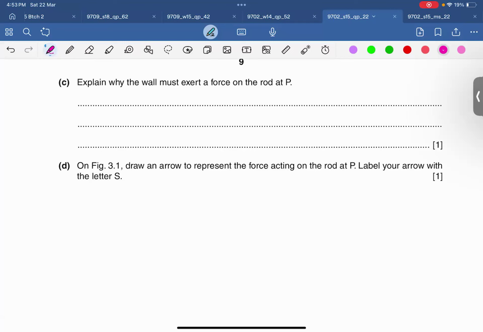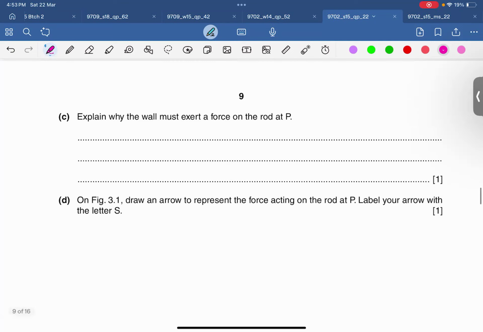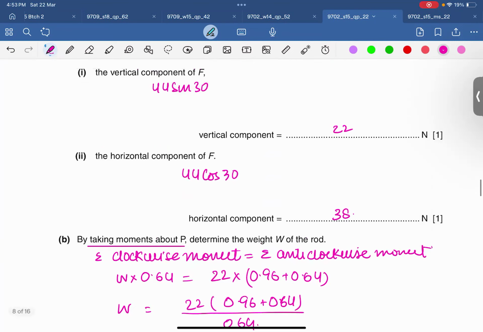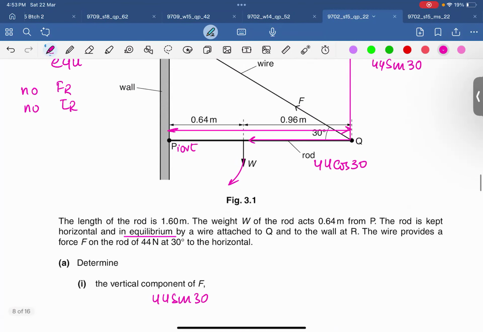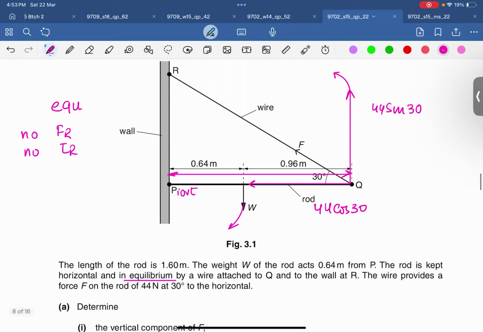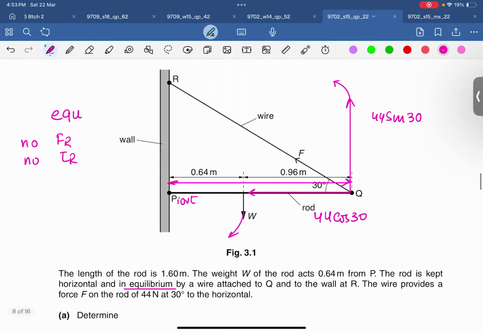आज रीड कर सकते हो भाई? Explain why the wall must exert a force on the rod at P. इसमें बच्चे अक्सर फंस जाते हैं। देखो, उसने क्वेश्चन के अंदर, अच्छा कोई आइडिया बाय द वे? एनी आइडिया? P is the pivot. Why the wall must exert a force. To hold it? देखो उसने कहा हुआ है,